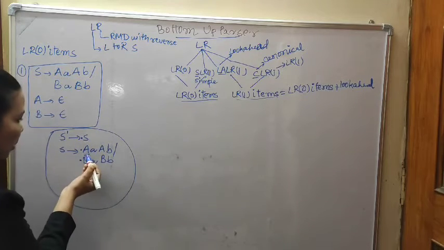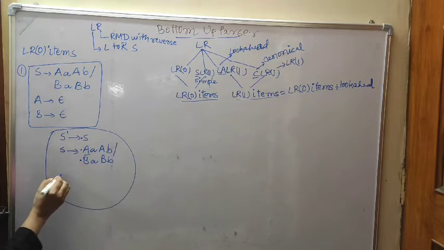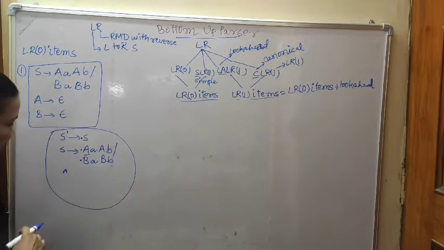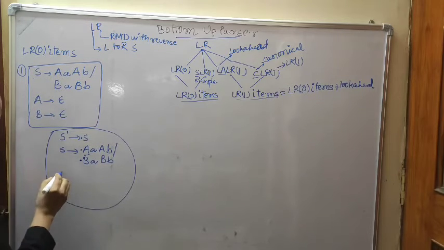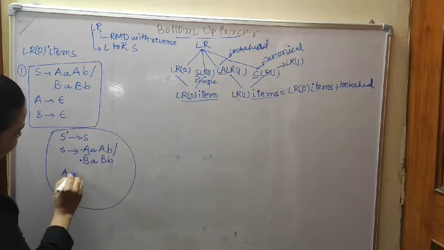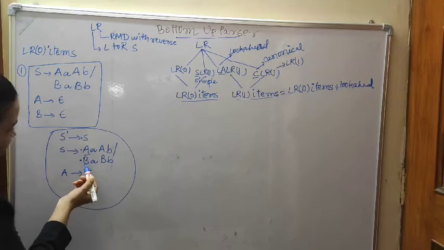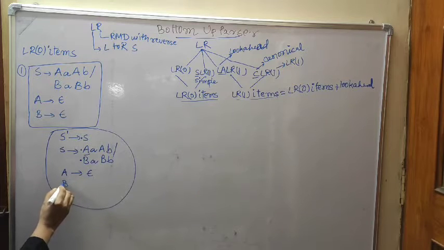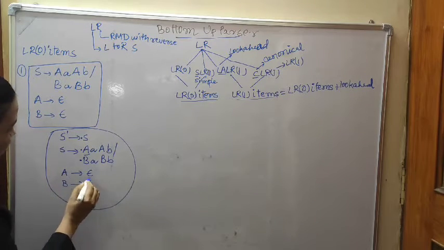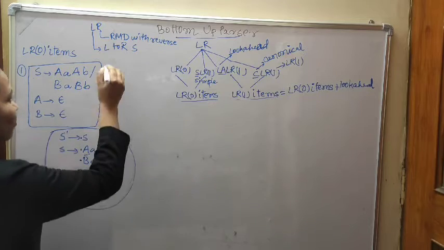Non-terminal variables. Because of non-terminal variables we will write the A production rule. And what is the A production rule given? A production rule is given epsilon. From here B is given, so because of B we will write the B production rule. B is given epsilon. Remember that if